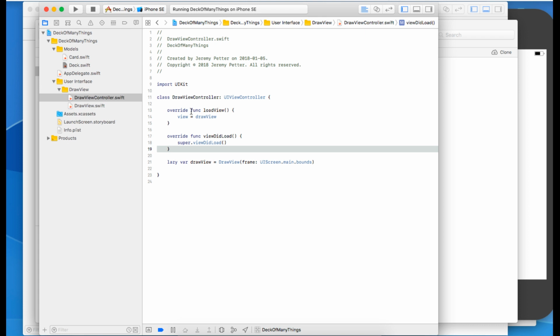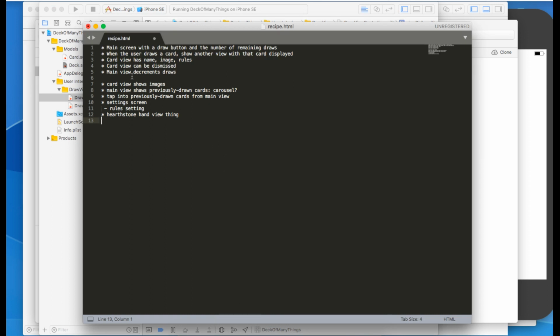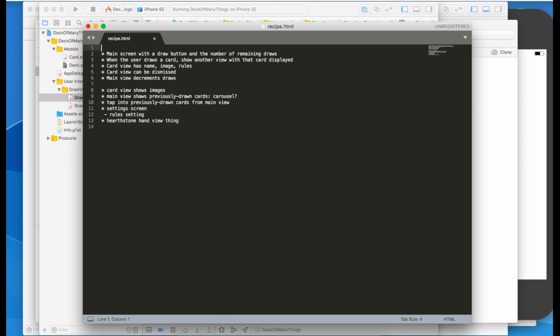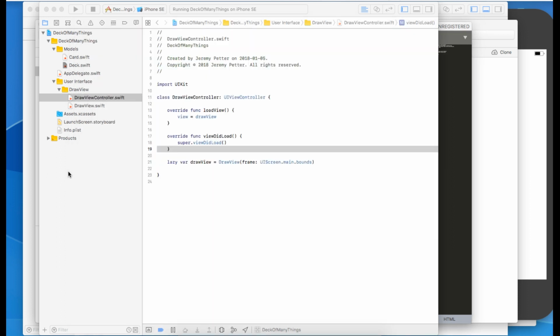We have this draw view controller. It doesn't really do anything. So the first thing that we will need to do, I guess, actually is start a game. Like, that's something that I didn't start, a game, a draw session. So the main screen needs to have a way to start. Okay, so I guess that's probably the place to start, is we should put another button here that says